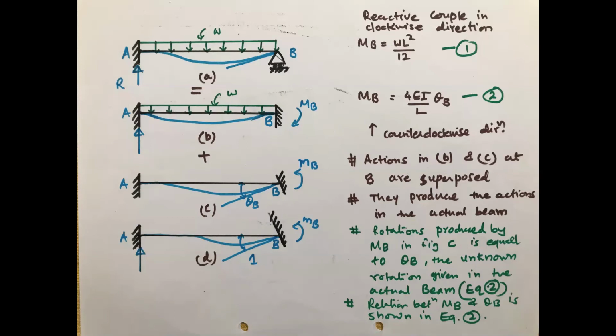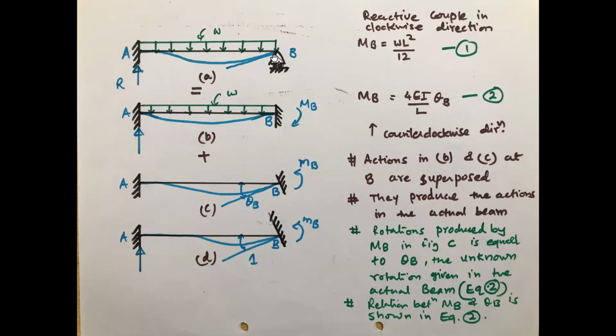So someone was saying that there we use terminology like reduced structure or redundant forces. Here we will call it restraint structure, and whatever moments those produce, we call it restraint quantity. This MB, WL square by 12, is a fixed moment. After converting your structure to make it kinematically determinate, we call it restraint structure.